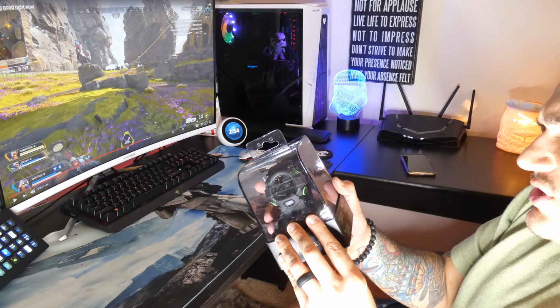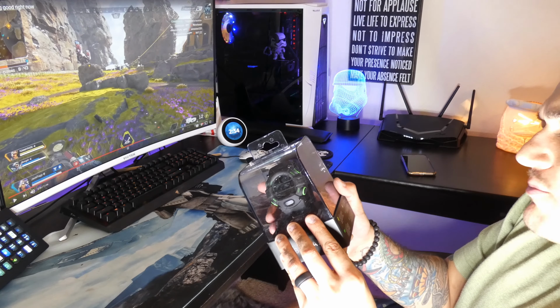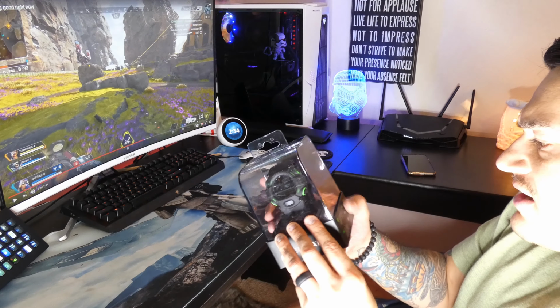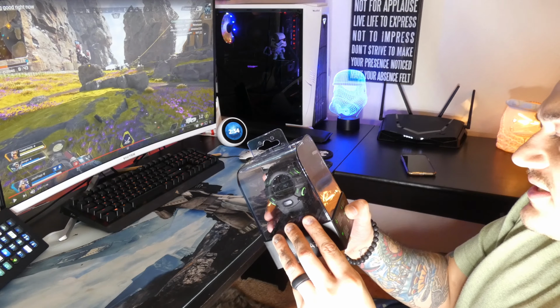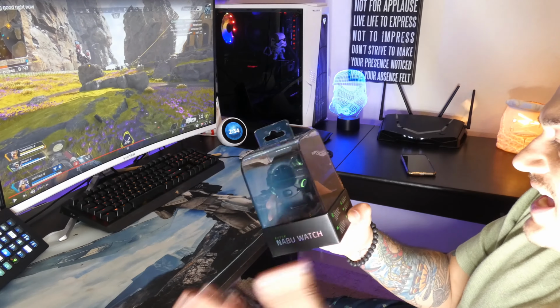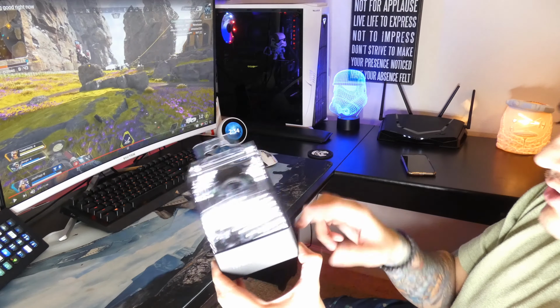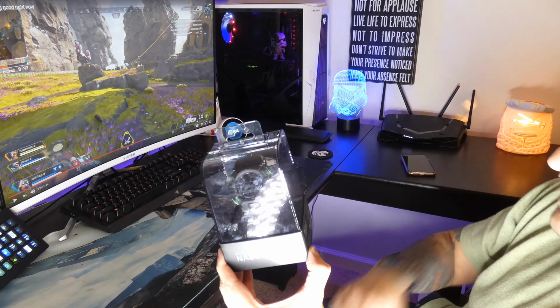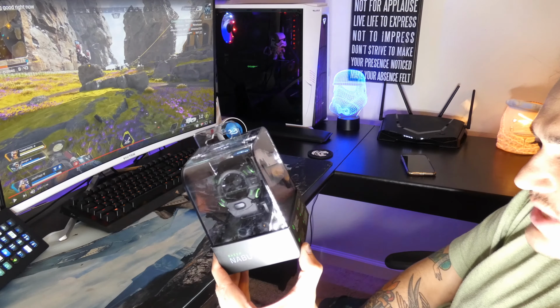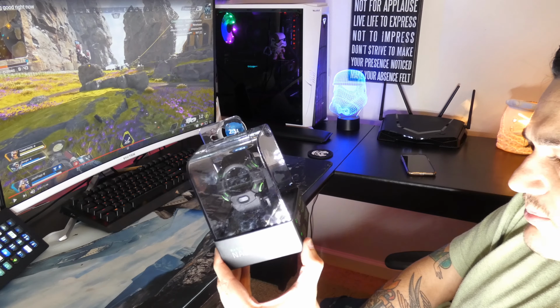Master your time with useful features like auto phone time sync, alarms, countdown, timer, stopwatch, world clock, and fitness activity. Track your fitness and sleep activity. Social comms: shake hands with another Nabu user to exchange social data. So I don't really know anybody that owns this watch, but if you find somebody and you shake their hand, you now have all their Pornhub accounts. Sweet. Notifications, yep, all the stuff that you get from a regular smartwatch, like the iWatch, or, you know,